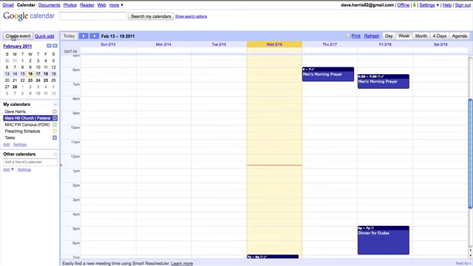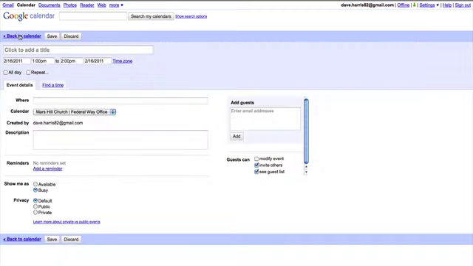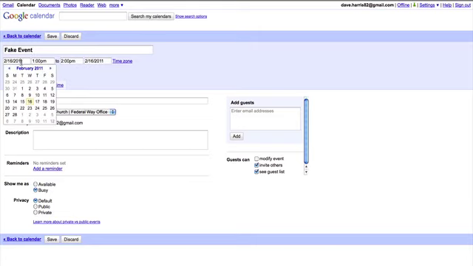You can go up to the top left here to create events. What you're going to do is just fill out all this information, ensuring that you have at least the title of your event and what department or who filled this out. We want to be sure that we can track who's doing that. So we're just going to do another fake event here, and this event is going to be every Saturday morning